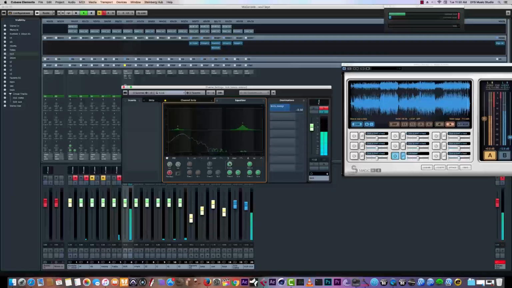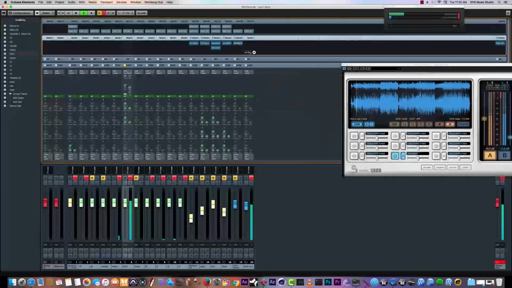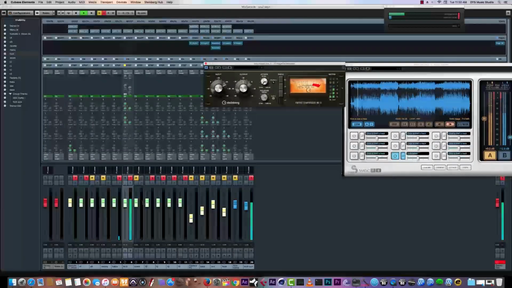Just to get a little clarity on the kick. Right about there. So I've sent the kick here to the parallel compression, which is going through this vintage EQ. So let me unmute the send